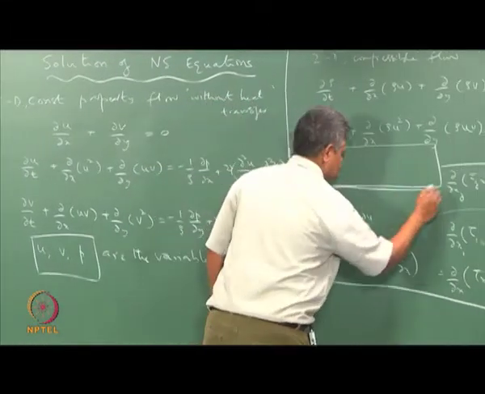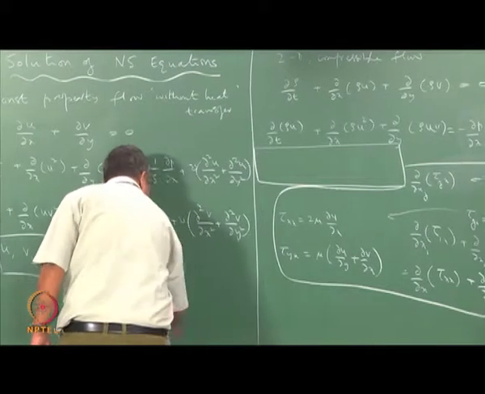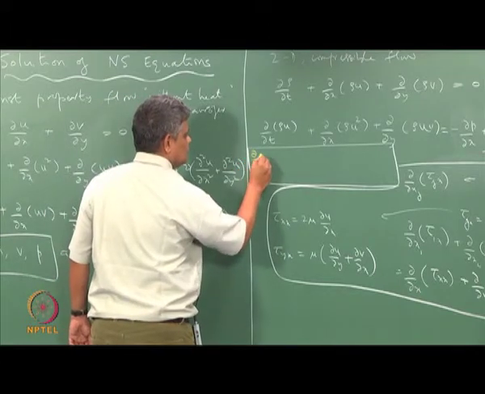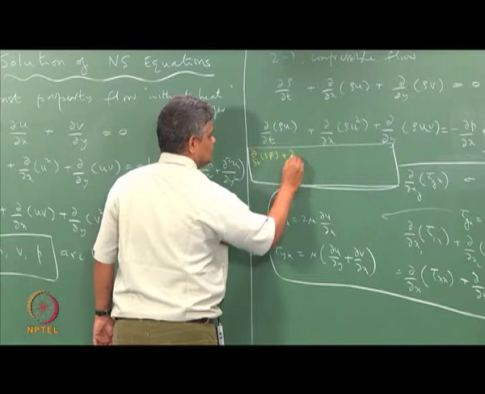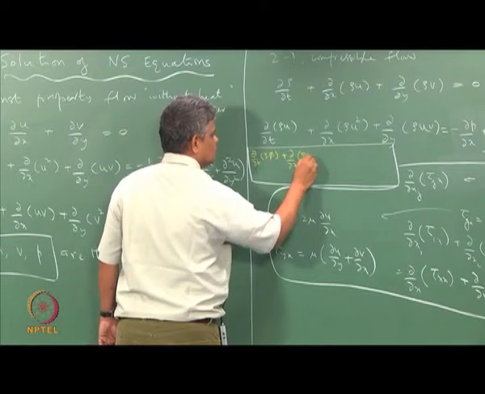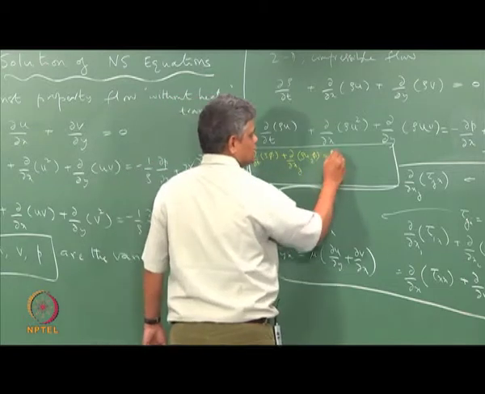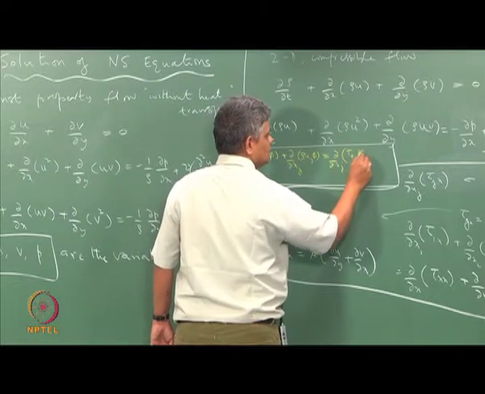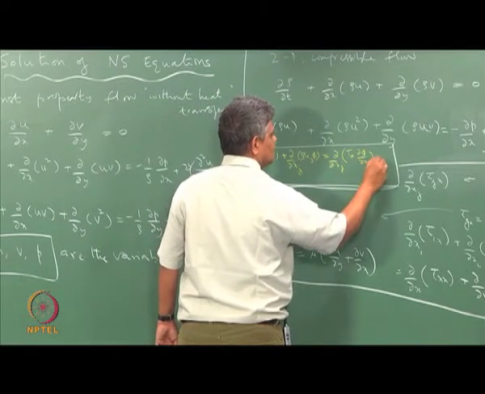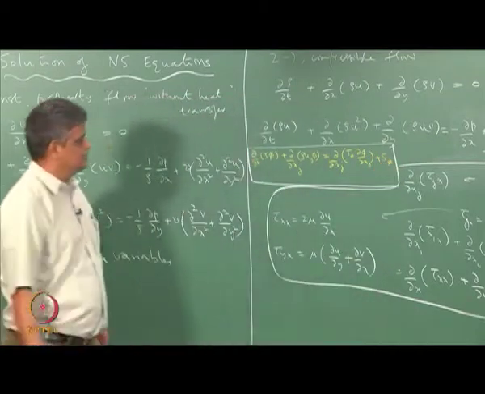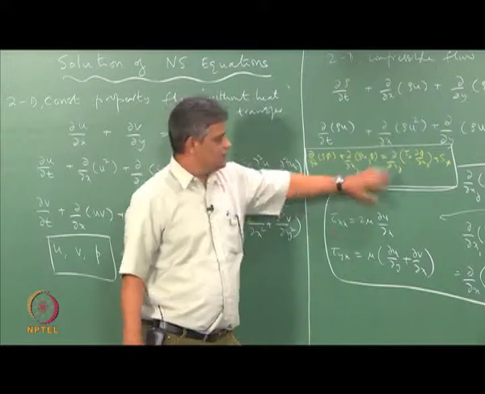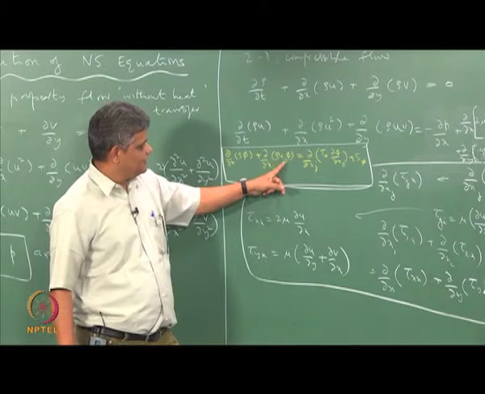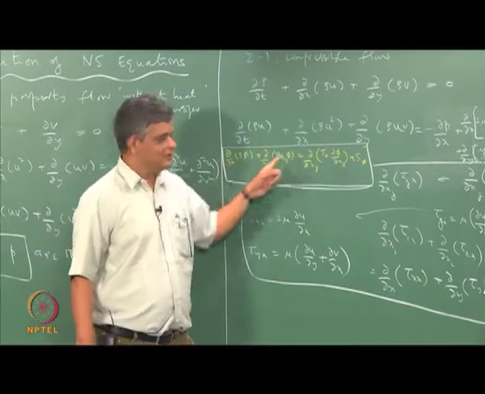Our model equation, which we are going to write in yellow, is ∂/∂t of ρφ plus ∂/∂x_j of ρu_jφ equal to ∂/∂x_j of Γ ∂φ/∂x_j plus source term. So this is our equation, and in this equation we are supposed to know the source term, we are supposed to be given the diffusivity, we are supposed to be given the density and the velocity, and the only variable in this equation is φ.